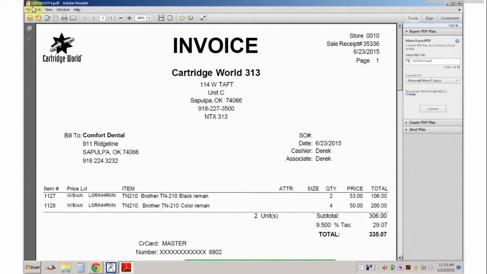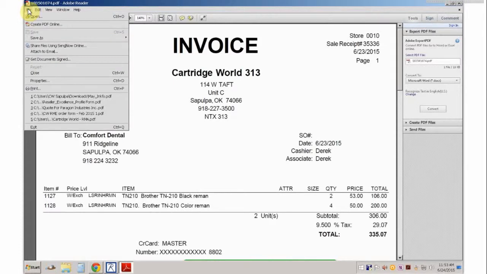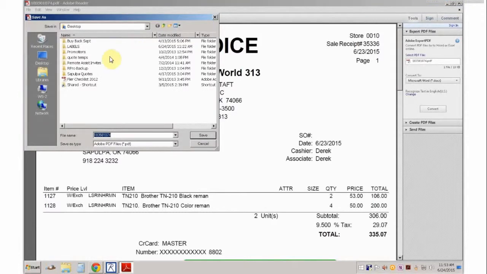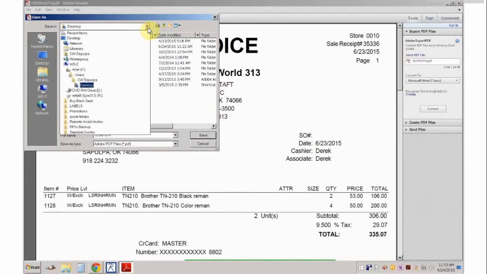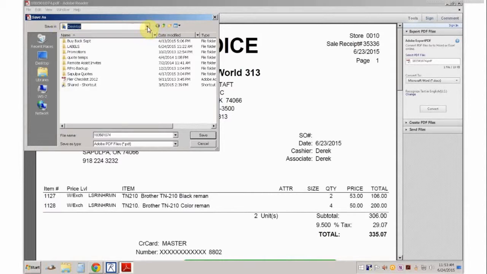So once this finally comes up, then you'll just come up here to the top left. And again, we're not going to print, because same deal, if you print it here, it's just going to print down at this Sapulpa store. You'll select File, and you'll select Save As. Now, if you do just Save As, it should automatically save it as a PDF, but you can come over here and click on PDF as well. And once it brings up the Save As dialog box, we are going to need to go to the Documents section. So let's come up here and click on this drop-down button, the down arrow,